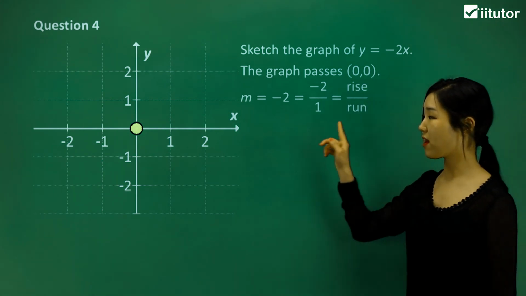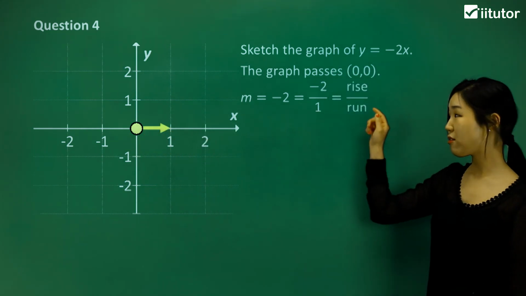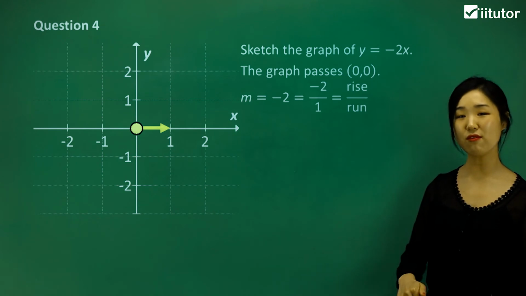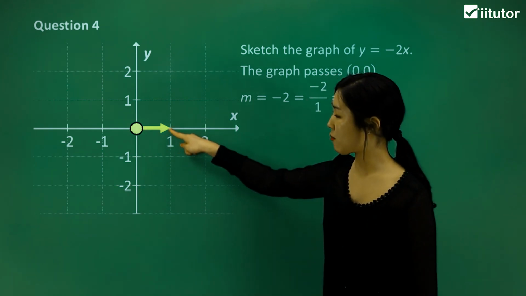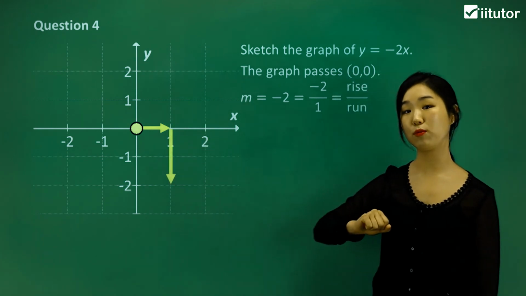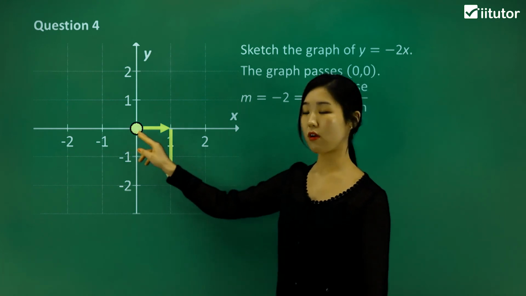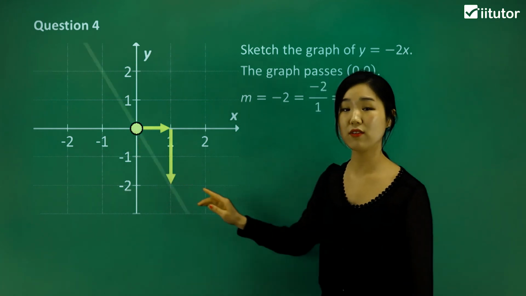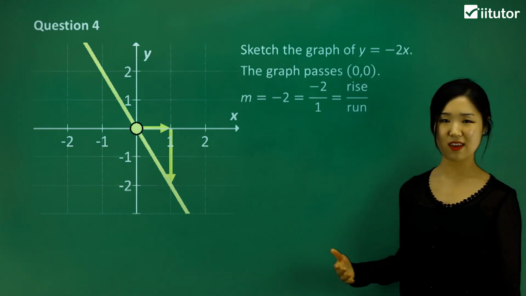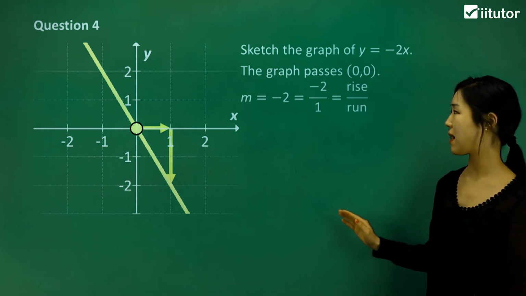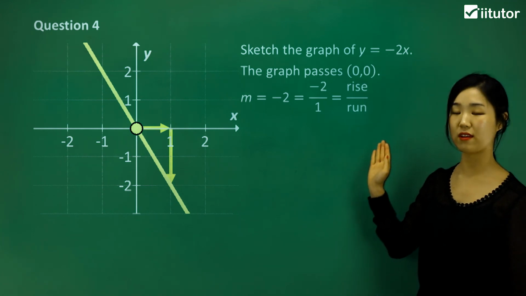So if I start with run again, I go horizontally, just 1 point, because run is 1. And rise is negative 2, because it's negative, I have to go downwards vertically. So we go from that point, we go down 2 points there. And so now we can join it up. It passes through the origin, and it should be reaching this point here. So if I join it up, that would be our graph. Okay guys, so you're getting the hang of this, aren't you? It's a very continuous pattern, as long as you know how to experiment with the graphing, the gradient, in terms